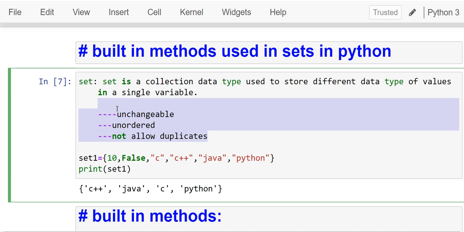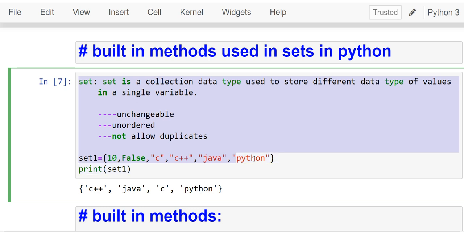While selecting a particular collection data type in our project development, we need to be very careful regarding the properties. Based on our requirement, we select the particular collection data type, thinking about its properties. Then only will the project be very efficient and we can write the code easily. That's about the properties, definition and syntax, and how we work with sets.